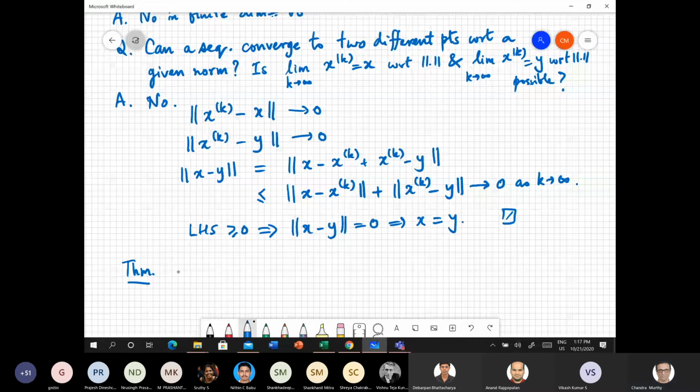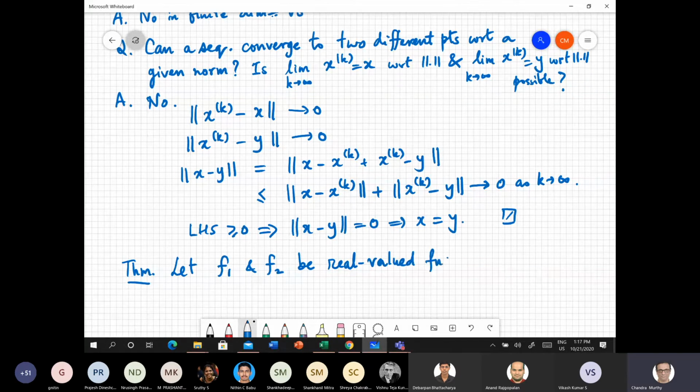So let F1 and F2 be real valued functions on R to the n, for n finite. And suppose